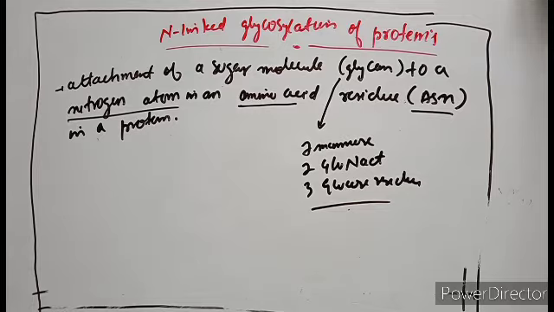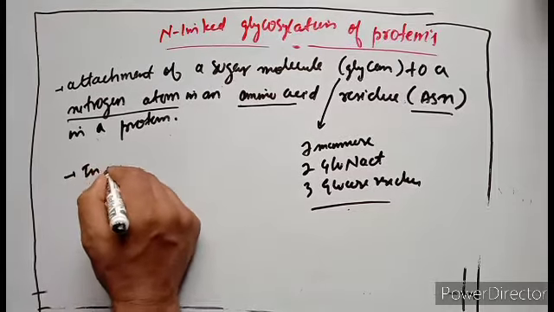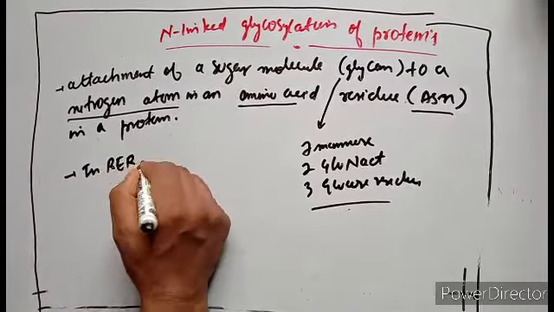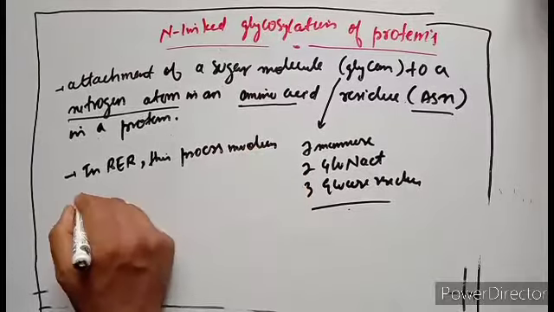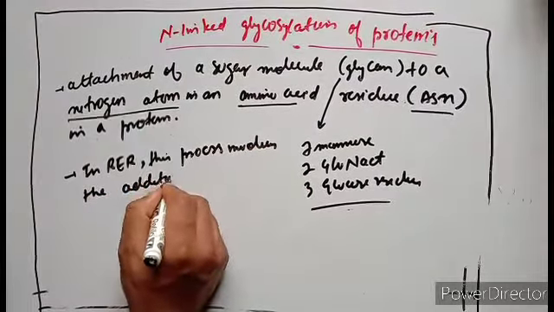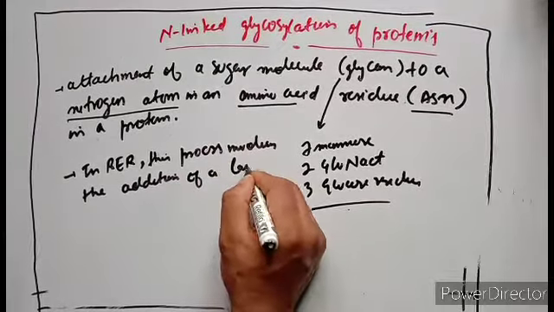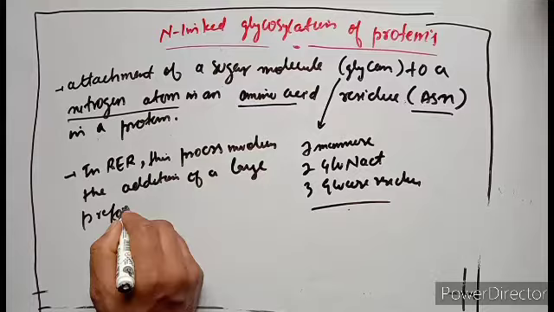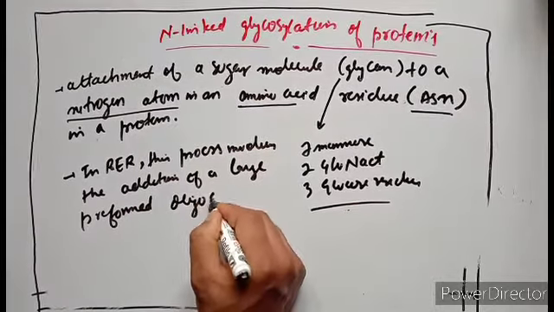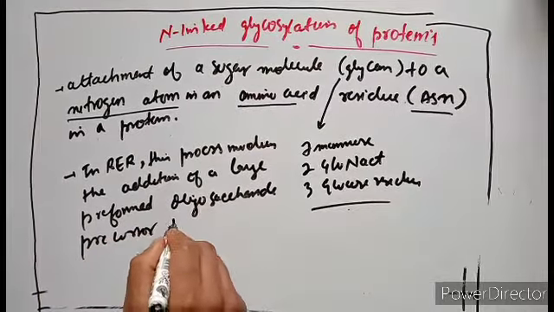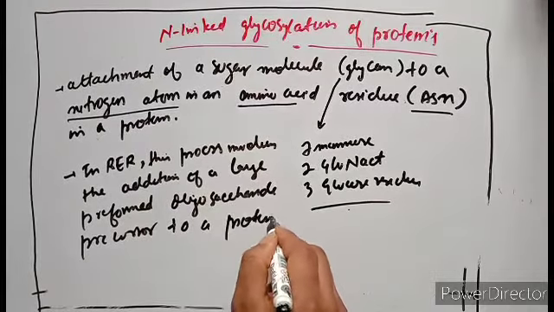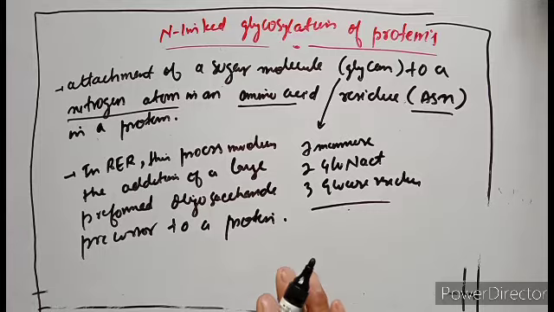So in the ER, in rough endoplasmic reticulum, this process involves the addition of a large preformed oligosaccharide precursor to a प्रोटीन। तो इस प्रोसेस में क्या होता है, एक लार्ज प्री फॉर्म जो पहले से बना हुआ है वो ओलिगोसेकेराइड